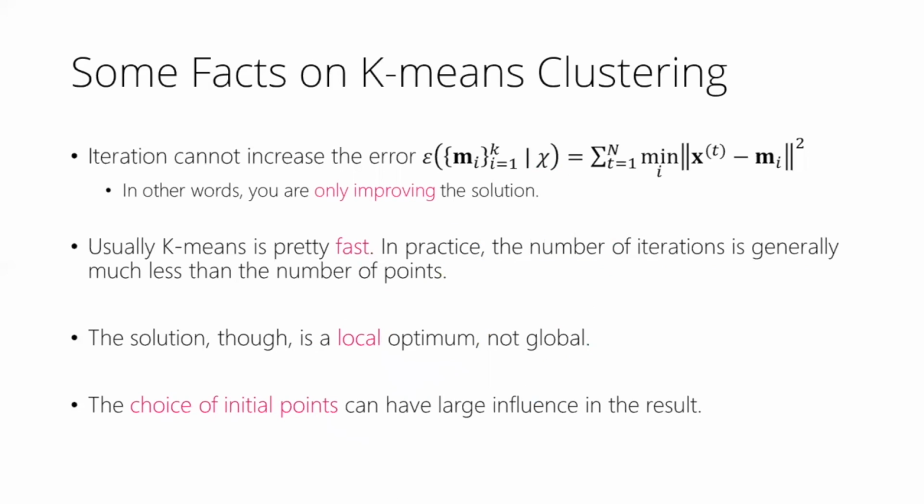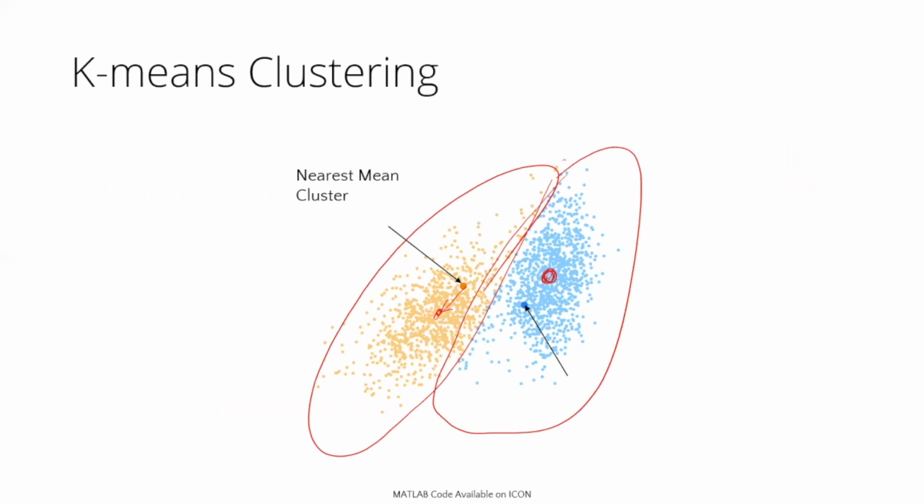All right. So here are some facts. Again, it is an NP-hard problem, so no algorithm, not just Lloyd's algorithm, but also other possible ways of finding the clustering according to this error function, has a guaranteed global solution. But as far as Lloyd's algorithm is concerned, each iteration is designed in a way that it cannot increase the error. So what I mean by that is,